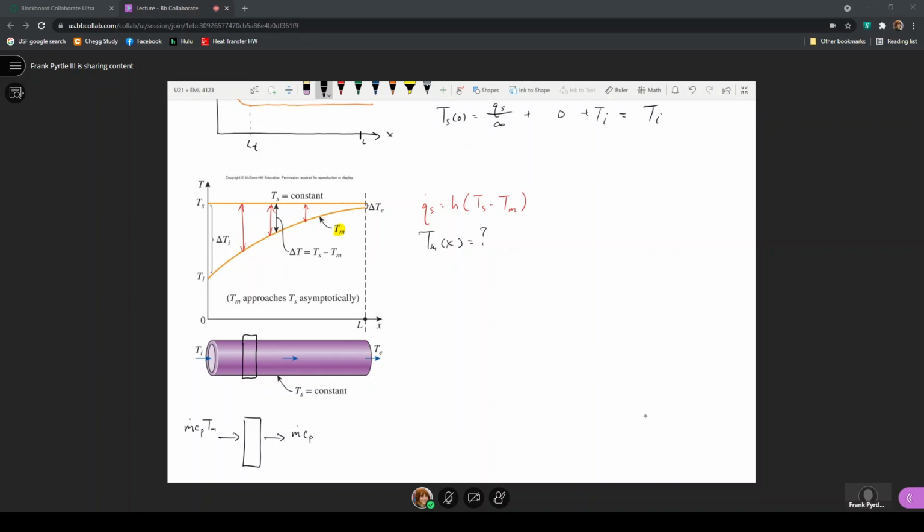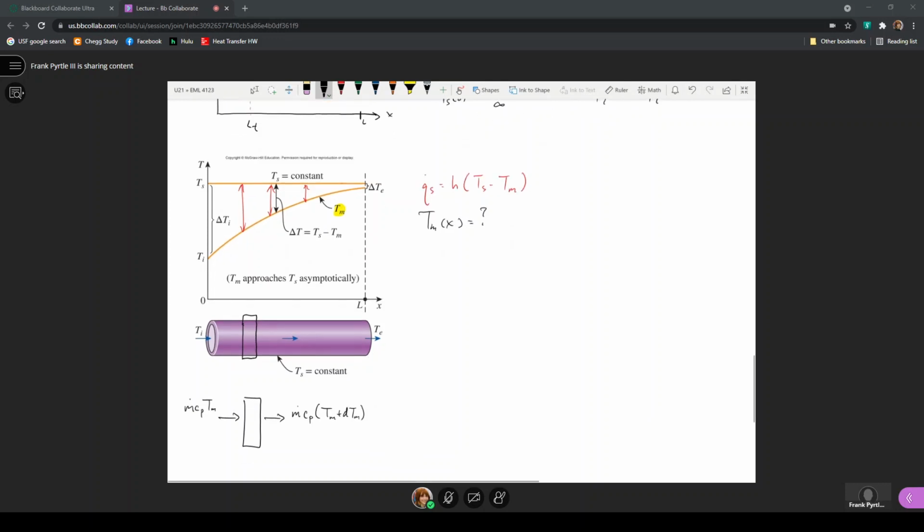An expression of the temperature, or the enthalpy coming out in terms of the temperature here. So this is m dot C sub P times Tm plus dTm. dTm is an infinitesimal change in the temperature as we go through an infinitesimal distance through the pipe here. And if we have a heat flux, or let's say here, a heat transfer rate into the fluid, well, that heat transfer rate would just be the heat transfer coefficient times Ts minus Tm times a small